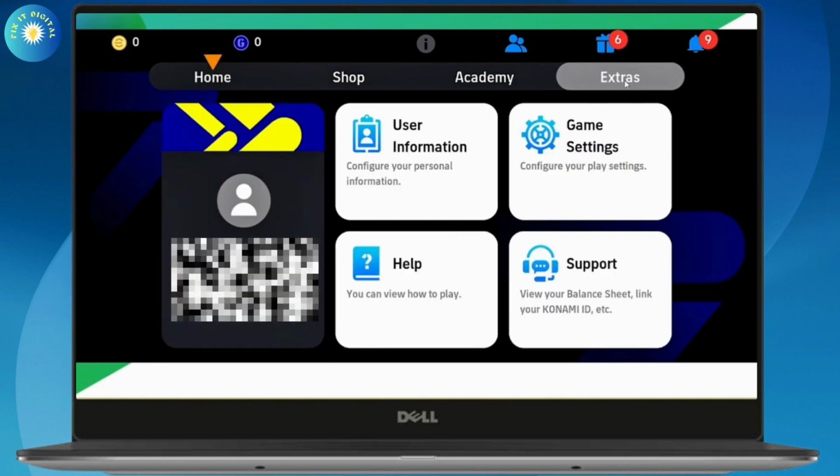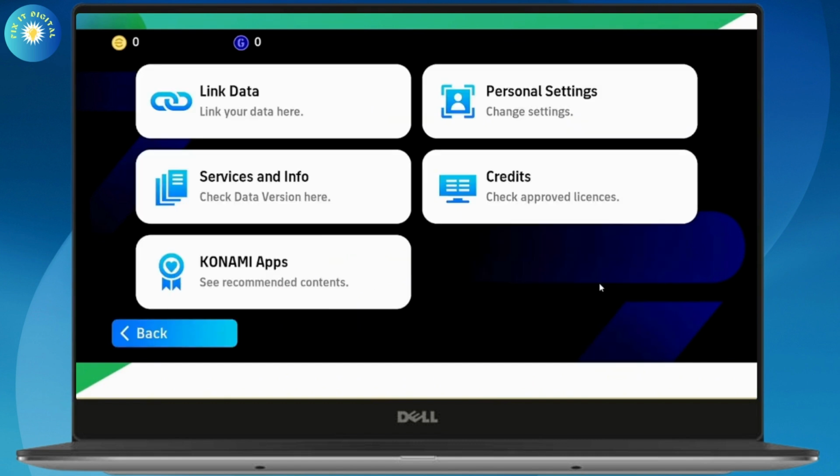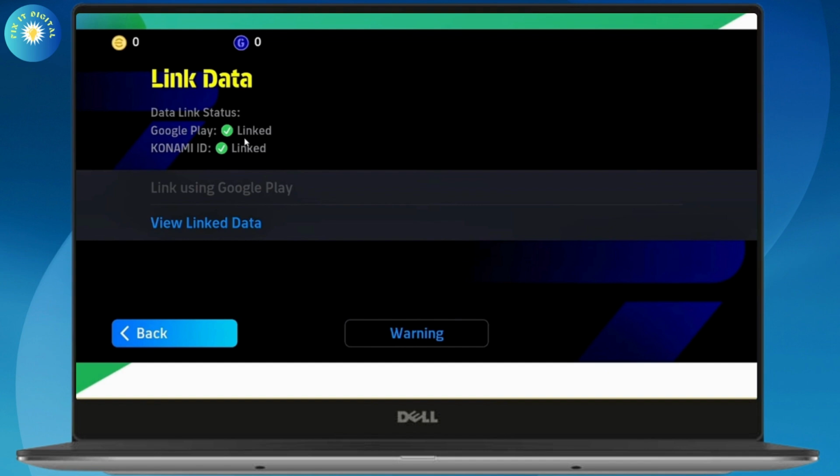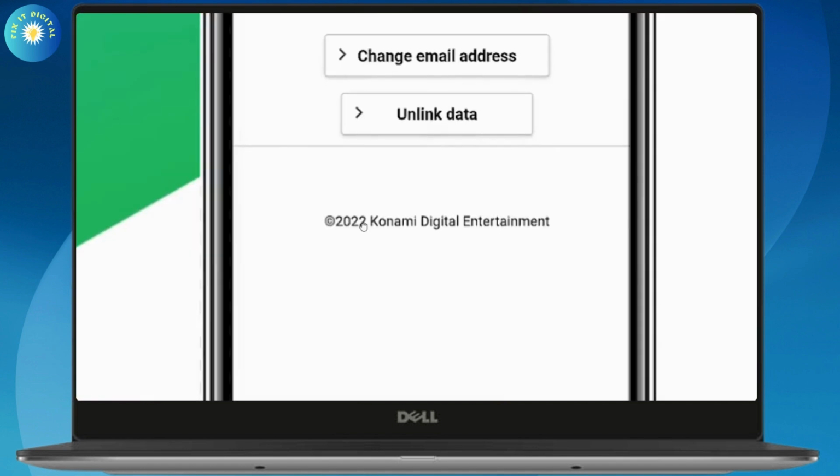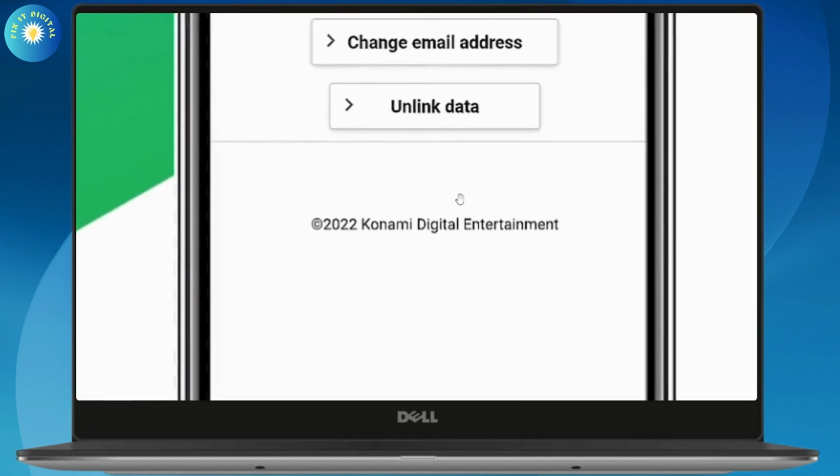You just need to simply go with the support option, which will be on the bottom. Once you click on support, now you need to go with link data, which will be in the top left. And here, as you can see, you will have the linked option. So if you want to unlink, you need to go with view linked data, this kind of interface where you have all of your information, and then you will find an option of unlink data, which will be in the